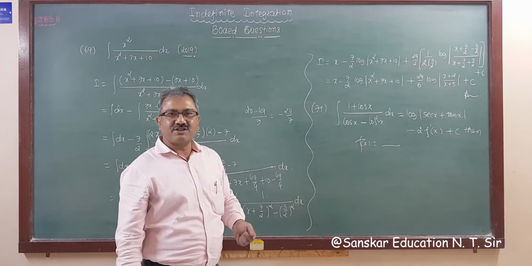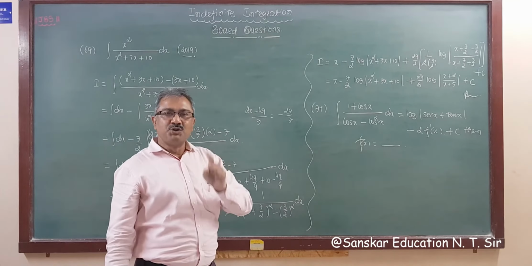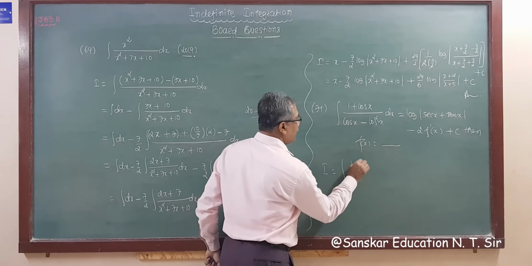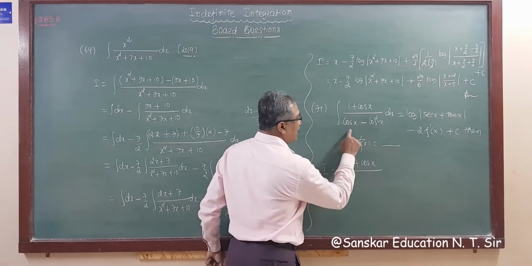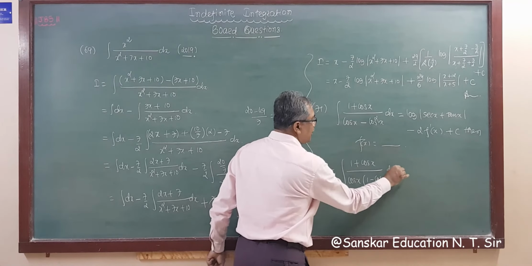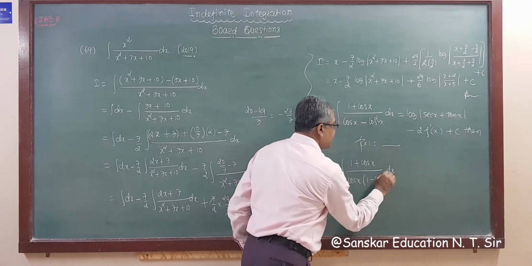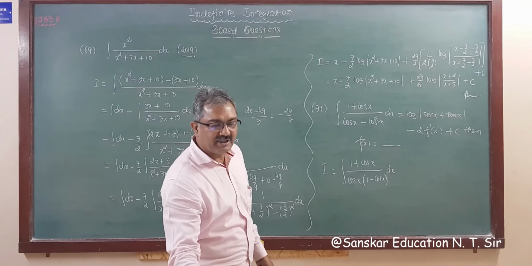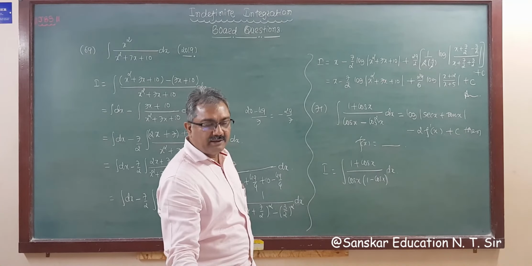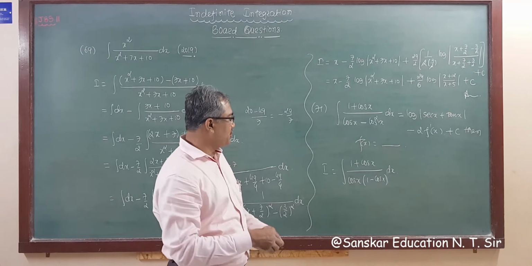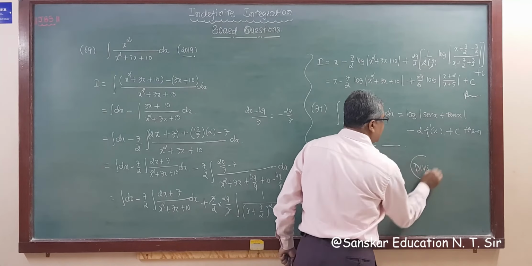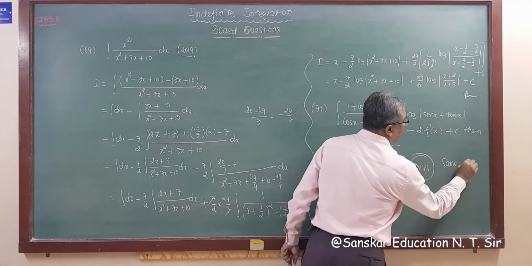We did this type of question, so I am leaving this question for you to do yourself after giving some hint. Okay, so it will be integration of 1 plus cos x whole upon, if we take cos x common, then cos x into 1 minus cos x dx. Did you understand? Get it? Which question is this one? Wait a minute, we did this question in question number 42. Question number 42 is the same question. So do it yourself.